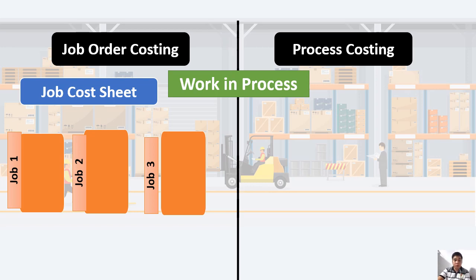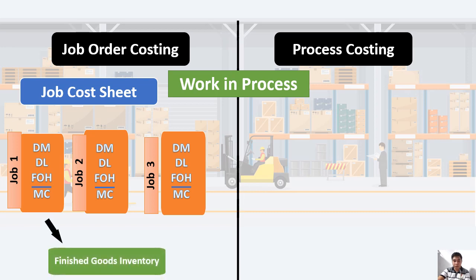So let's say for example, we have job 1, job 2, and job 3. So basically, dito natin tinatransform yung raw materials into finished goods. So nag-incur tayo dyan ng mga manufacturing costs such as the direct materials, direct labor, and the factory overhead, which is the manufacturing cost. So basically, kapag natapos natin ang production on each job, automatic dinideliver natin yan dun sa